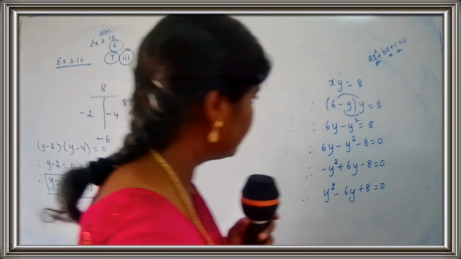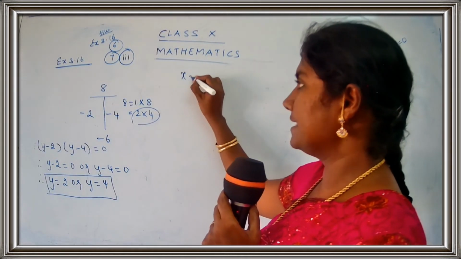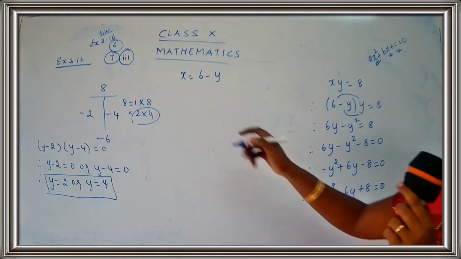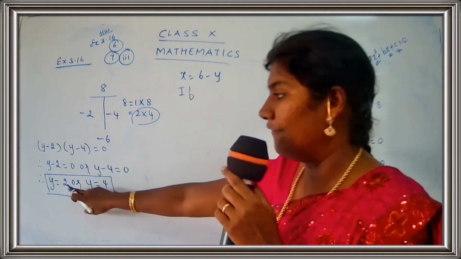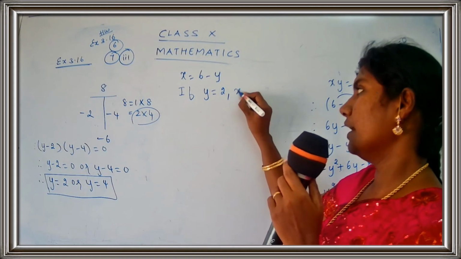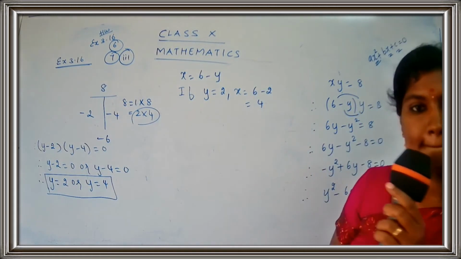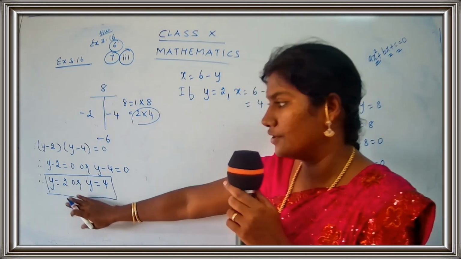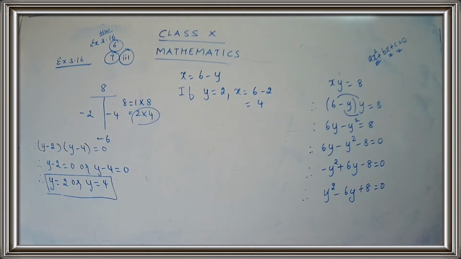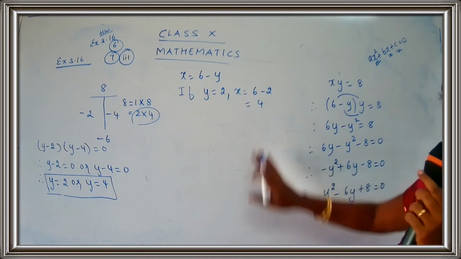Okay, let's go for the value for x. So we have taken the value for x as 6 minus y. What was the value for x? 6 minus y. So write down here, if I have two values for y, yes children? So if y is equal to 2, x is equal to 6 minus 2 is equal to 4. That is, you have to choose both the values. You have to take the value for y as 2 and also the value for y as 4. So if I take y as 2, I get the value for x as 4. 6 minus 2 is equal to 4.